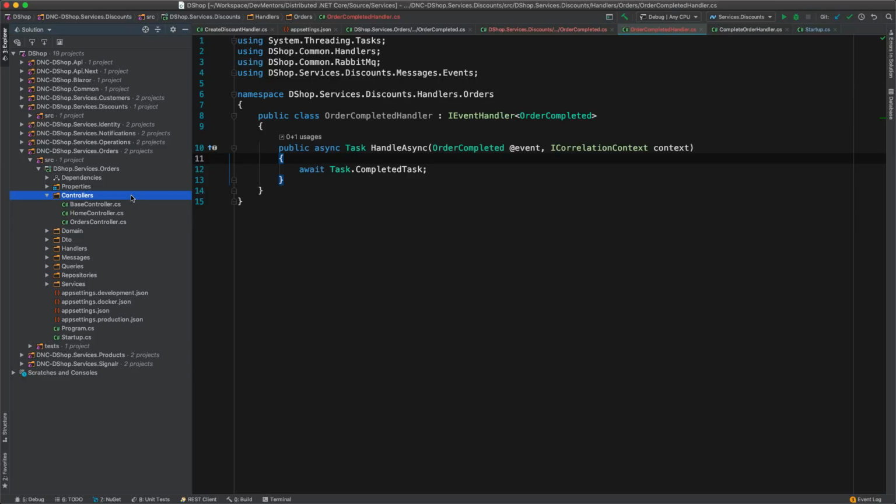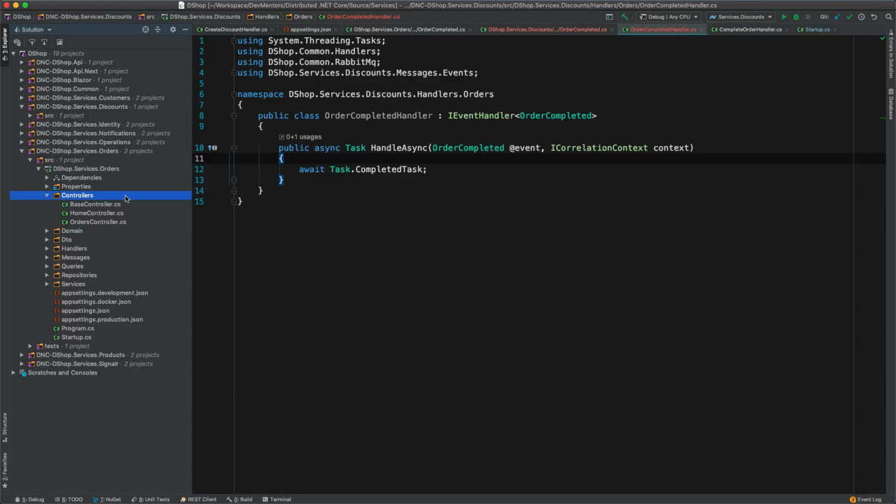But in this case, we don't want to involve RabbitMQ to fetch this additional data for the discounts microservice. Instead, we want to synchronously ask for this data,